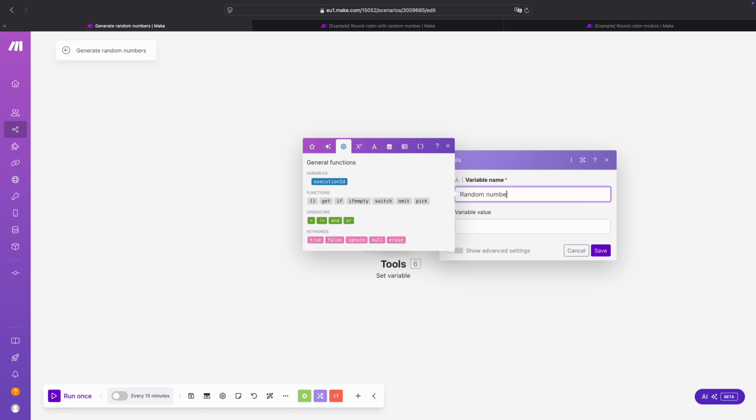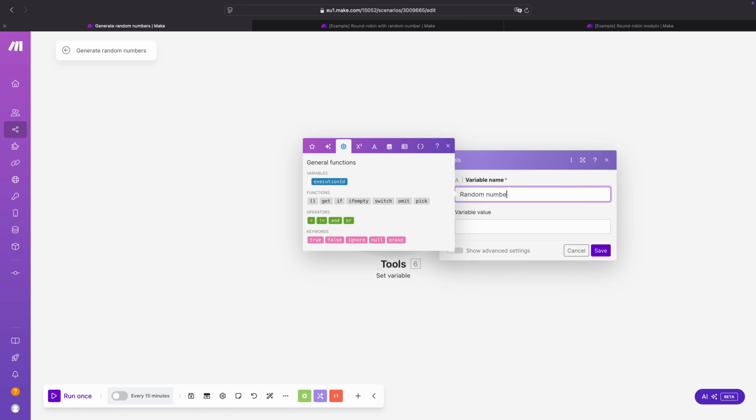So the first thing we're going to do is generate a random number between 0 and 1 with 16 decimal places. To do that, we go over to the math functions, and then underneath variables, you find here the random variable.